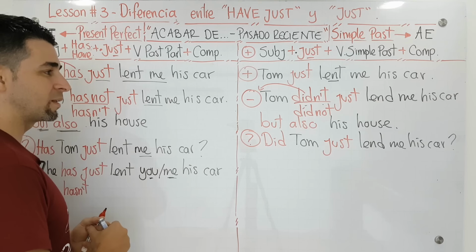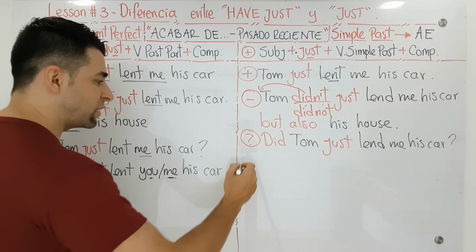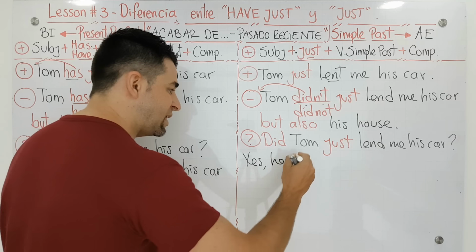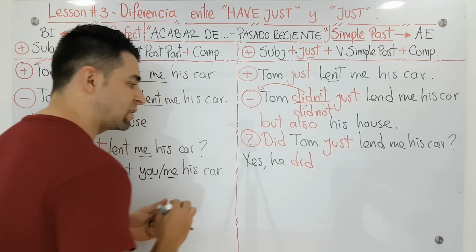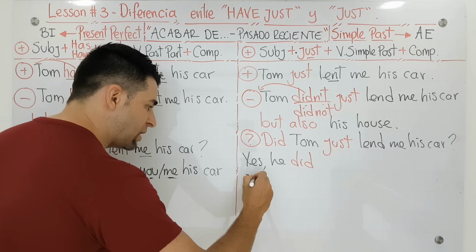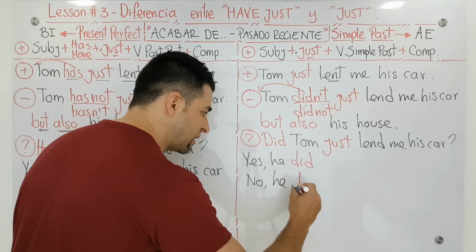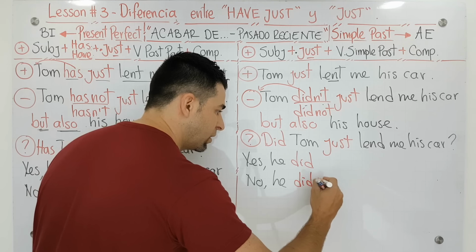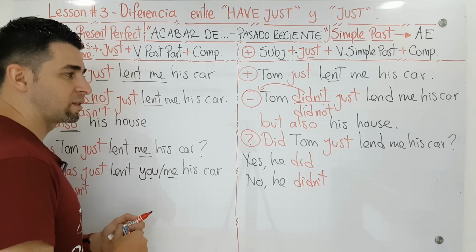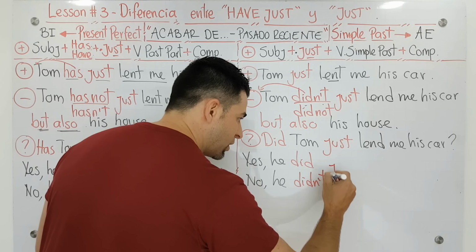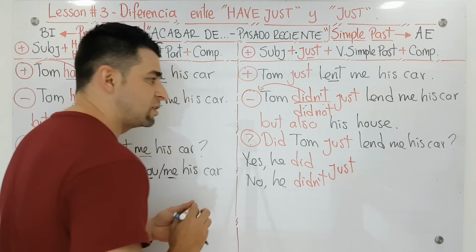Sí, mire que lo podríamos interpretar de varias formas. And to answer this, I can say, yes, he did. Yes, he did. Or the other option could be, no, he didn't. Yes, both could be correct. Cualquiera estaría muy correcta. Ahora, si queremos agregarle el poquito de más, podríamos jugar con ambas oraciones, con ese just,